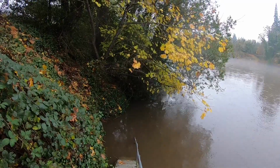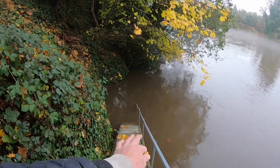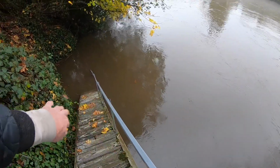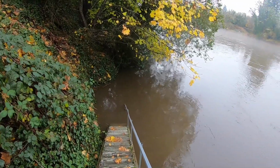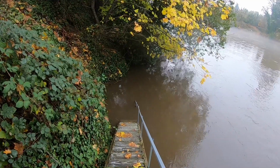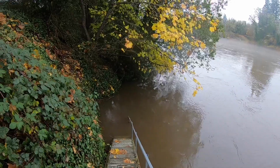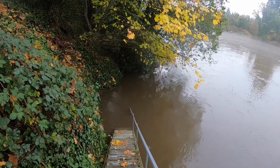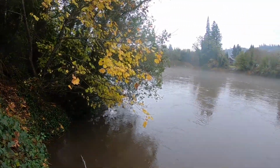so it seems like there's a decent little spot maybe there to keep the boat. Just, as the water comes up and down, keeping it anywhere in here interferes with the steps, and the steps go all the way down. So I don't know. It would definitely require coming down here every day and checking on it and making adjustments to leave it in the water, and if the boat got a bunch of water in it, that's where you're dealing with it. There's no clear bank to pull it up or anything like that. But